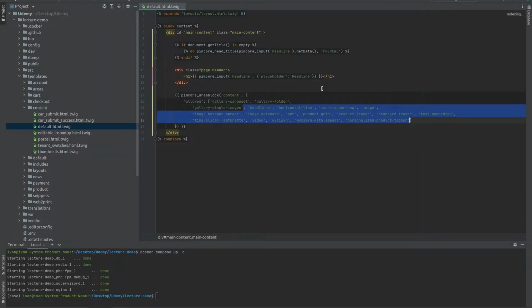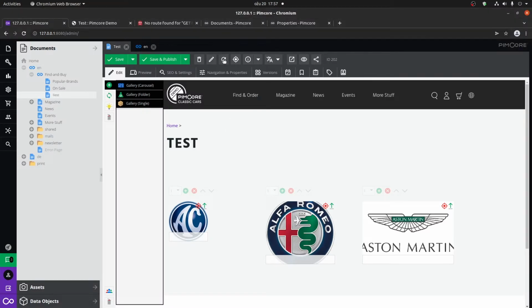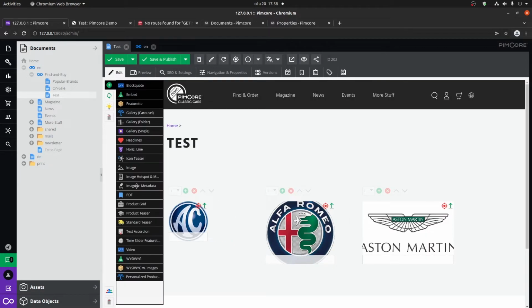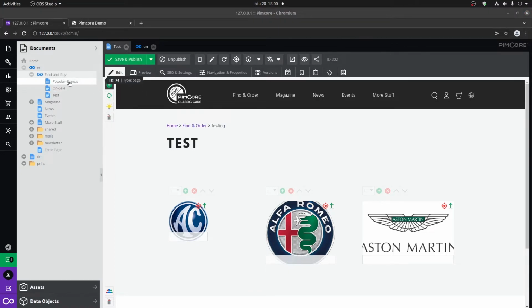Let's just put them back. And if we go back to refreshing the page, we can see that all of our area blocks are now available again. If we look on the left side, we can see that the icons for these two are different,